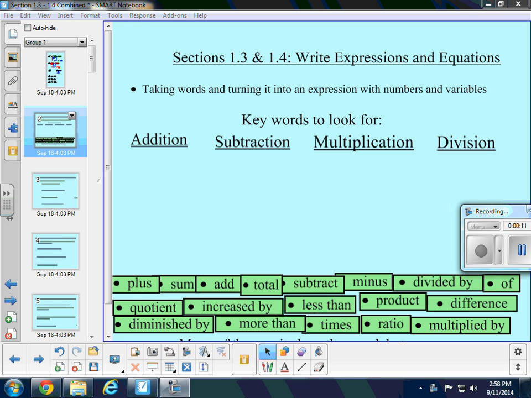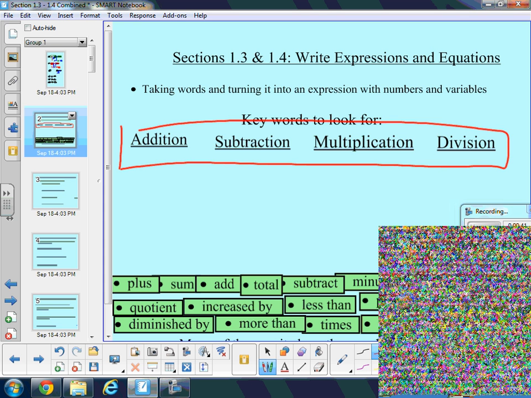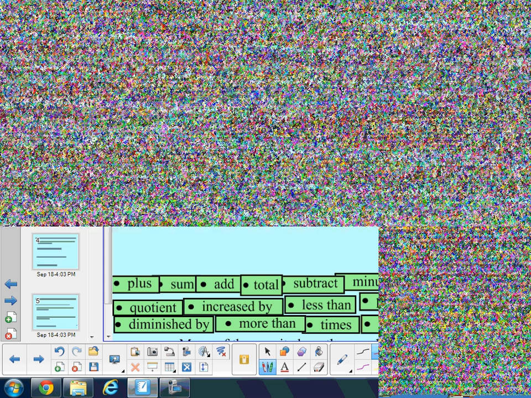So figure out if we have to add, subtract, multiply, or divide in the problem. If you're taking notes along with me, I'd like you to have the section title and the date as always. And also, you should write down these 4 little headings in your notes. And what I'm going to do is I'm going to add all these words down below here in green. I'm going to add those and make 4 columns of